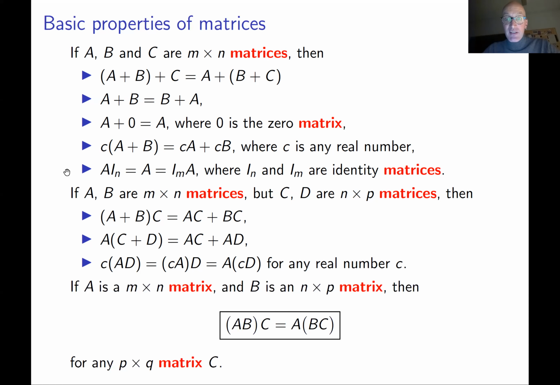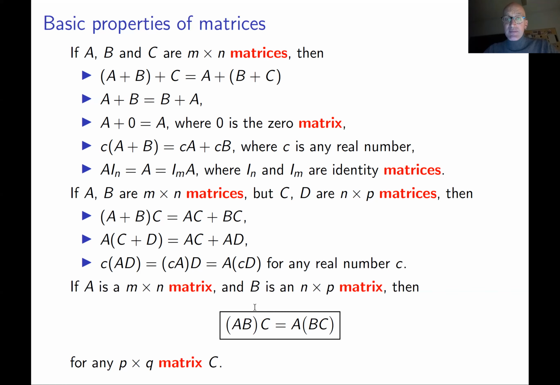So, but you can do it in two different ways. First, you multiply AB times C, like I said, but you can also first multiply matrix B times matrix C, and then you're going to get a matrix of size N times Q. And then you can multiply it by the matrix A on the left. So you're going to get two, a priori different, matrices, AB times C and A times BC. And the main property of this multiplication of matrices tells us that this is the same matrix. These two different ways give you the same result.